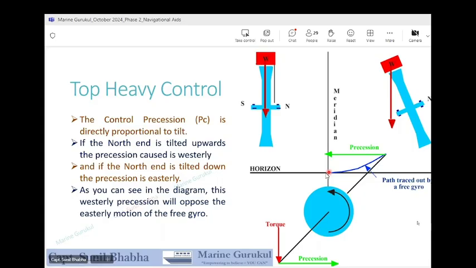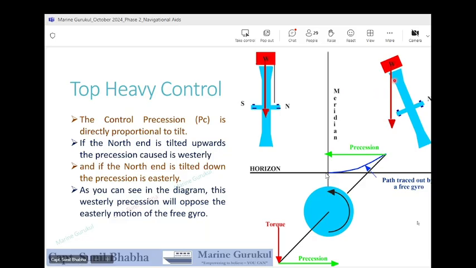Now we are aware that after some time the gyrostar is going to move eastwards and it is going to have a positive altitude. So our spin axis is also going to have easterly drifting, and it is going to have an upward tilt. This blue color track shows the motion of the gyrostar, which is being followed by the north end of the spin axis. Now as the gyrostar has some positive true altitude, or the spin axis has some upward tilt,